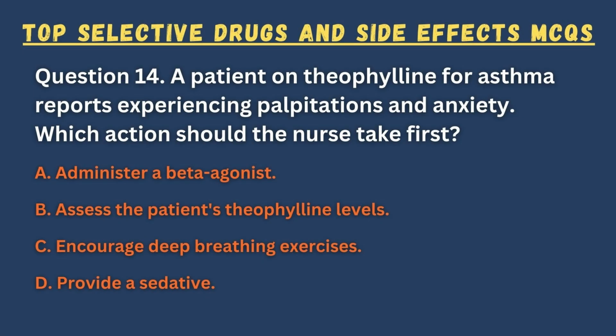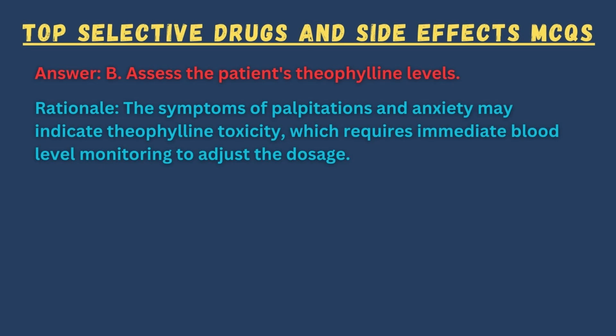Question 14. A patient on theophylline for asthma reports experiencing palpitations and anxiety. Which action should the nurse take first? A. Administer a beta agonist. B. Assess the patient's theophylline levels. C. Encourage deep breathing exercises. D. Provide a sedative. Answer: B. Assess the patient's theophylline levels. Rationale: the symptoms of palpitations and anxiety may indicate theophylline toxicity, which requires immediate blood level monitoring to adjust the